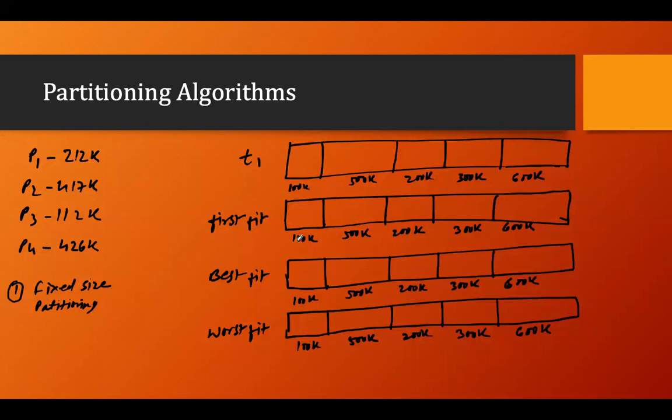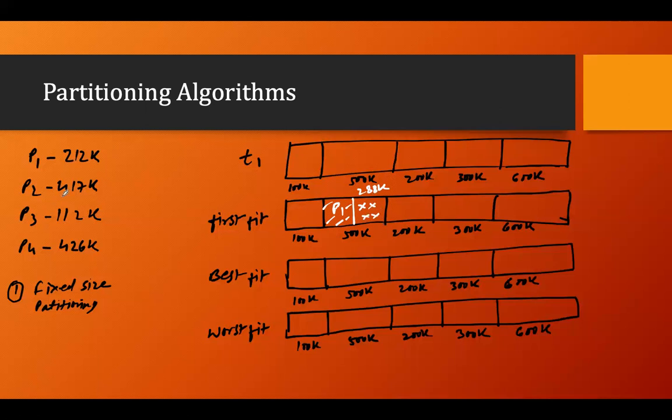So what happens in first fit? First, we'll find the first partition which fulfills the requirement and accommodate there. Now the first one is 212, the size of process P1. Can we accommodate it here in 100? No. Can we accommodate here? Yes, we can. So P1 is accommodated here, and the size is 212, so around 288K is left. Because it is fixed size partitioning, whatever leftover memory cannot be useful.